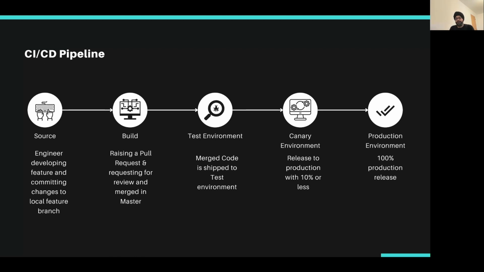Now comes the last step, which is the production environment. In the production environment, obviously, your feature, your product, whatever you have, is available to 100% of the users. Now, what does that mean? That would mean that any issue that gets leaked out to production has the most effect from a customer point of view, from a cost point of view to the company. Plus, it's the most difficult to fix also. So until and unless every feature that you release is behind a feature flag or something like that,